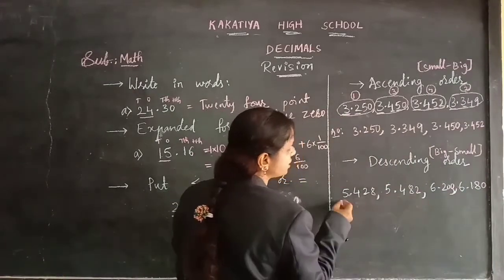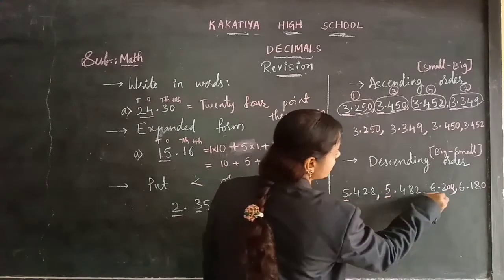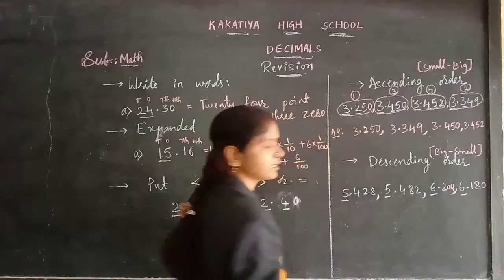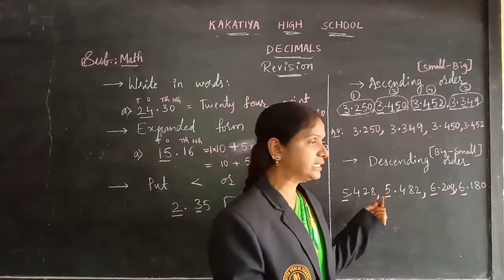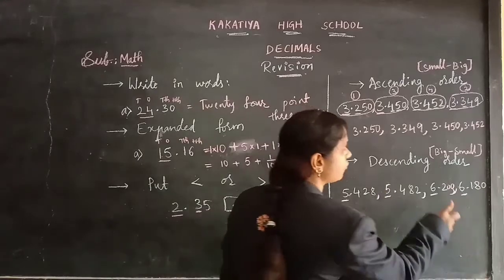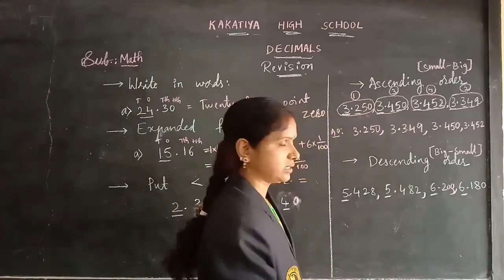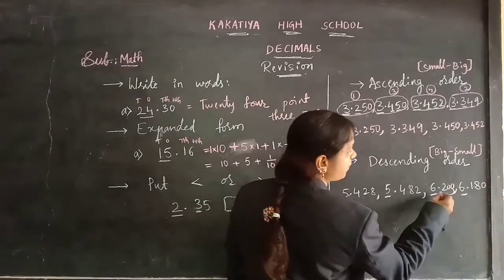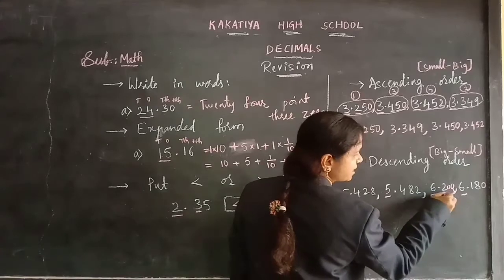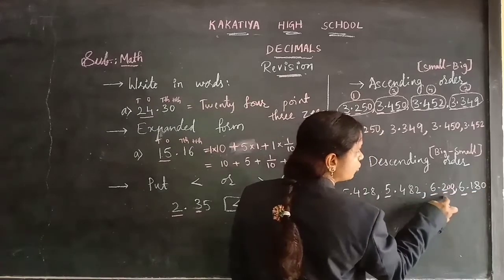Okay. Now first you need to check the integral part. 5, 5, 6, 6. Which one is the bigger? We require the bigger one first. Which one is the bigger here? 6 is the bigger. But 6 we have for these two numbers here. The third and fourth numbers have the 6. So for those two numbers we need to check the decimal part here. Decimal part is the 10th place, 2, 1. Which is the bigger in this? 2 is the bigger, children.